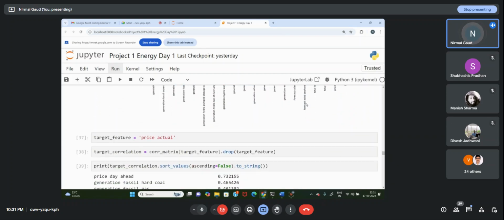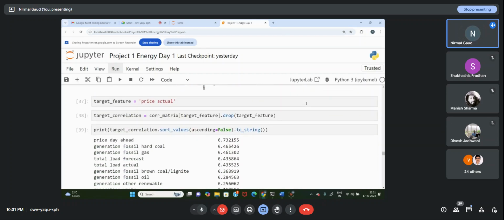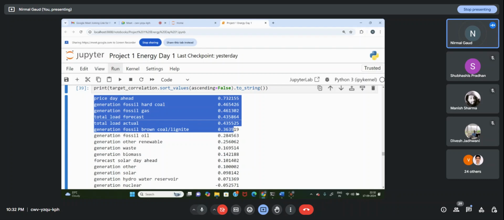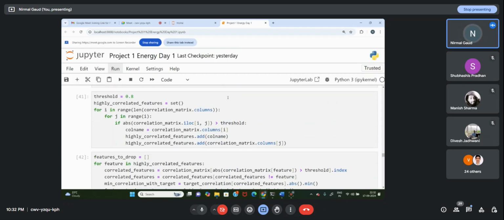So here I put a threshold. Before that, this is my target feature, price. I find the correlation of features with the target. Let me first do that: how features are correlated with the target. Okay, and I got the idea that price day ahead is 73% correlated with the target. Good, that's what I want. So all these features are showing their correlation with the target. The least correlated is